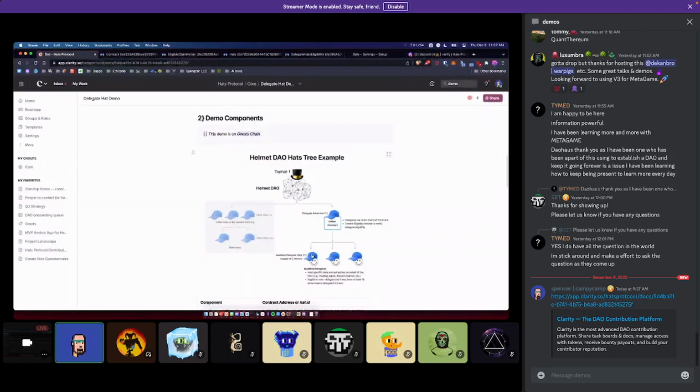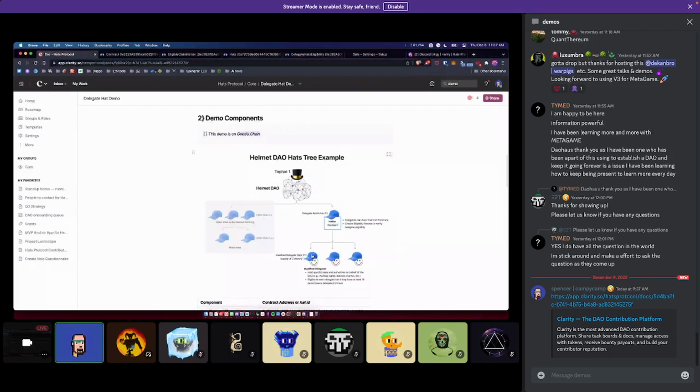So why does this matter? Or what's an example of how this could work? Imagine that I'm in a Wildfire Pod, and instead of me being the delegate, it's my Wildfire Pod that's the delegate within Helmet DAO. Now, because Wildfire Pod has that qualified delegate hat, it can create additional roles inside of the Wildfire Pod to delegate responsibilities and authorities over specific tasks or specific domains pertaining to being a delegate to Helmet DAO.